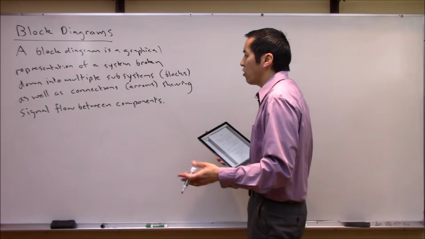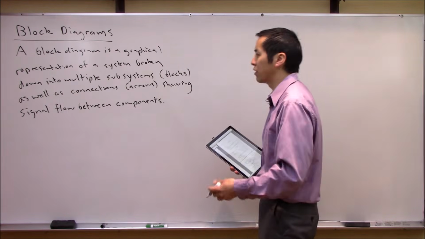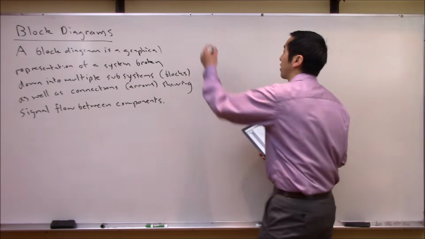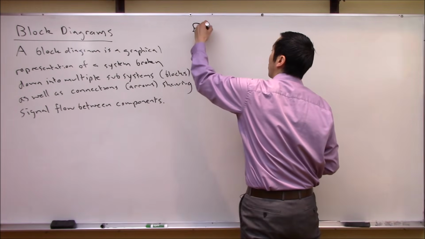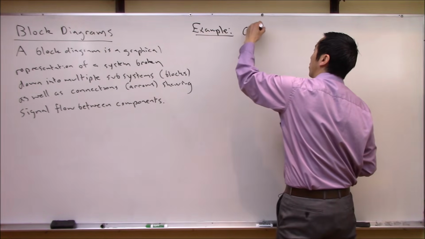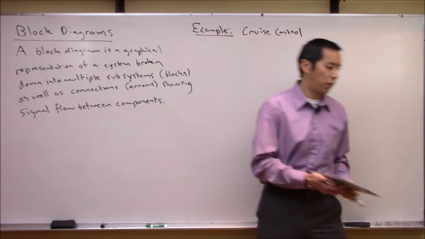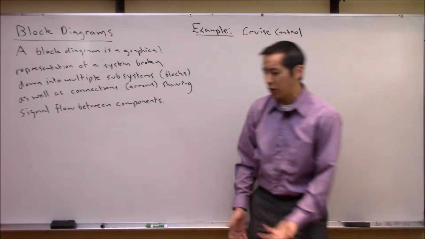I think the easiest way to understand this is to look at an example of a real world system, and think about how we can draw this as a block diagram. So let's look at an example of your cruise control. This is a system that I think everybody is fairly familiar with, and just to refresh your memory,